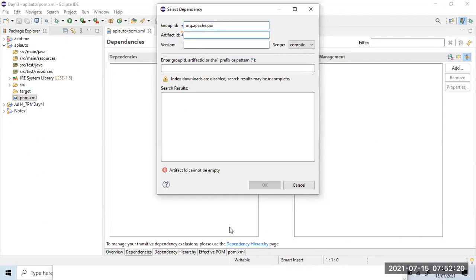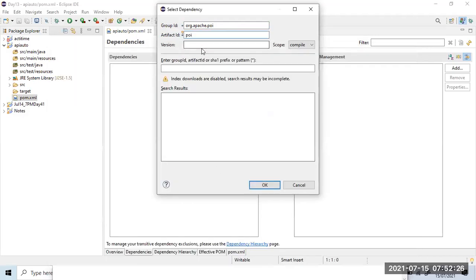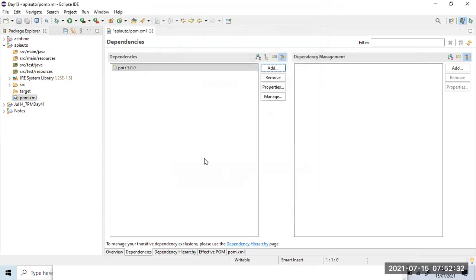Paste it. Artifact ID, which is poi, version 5.0.0. Click OK. Whenever you add anything, make a habit of saving it. Click on save.